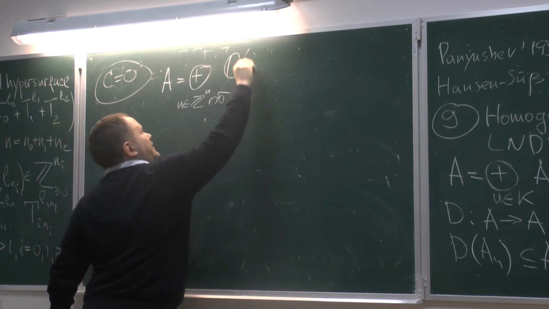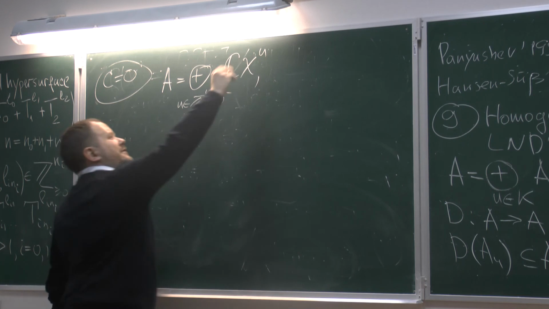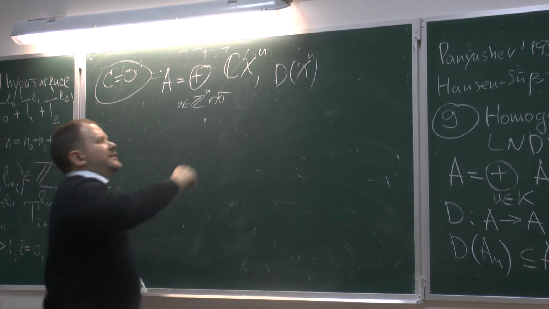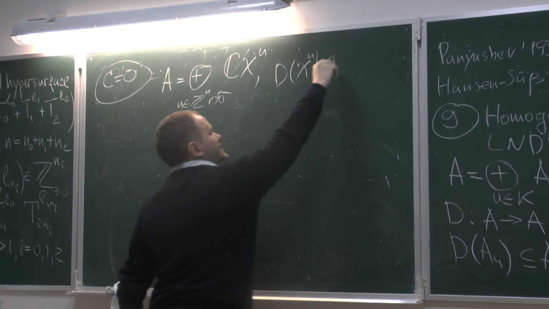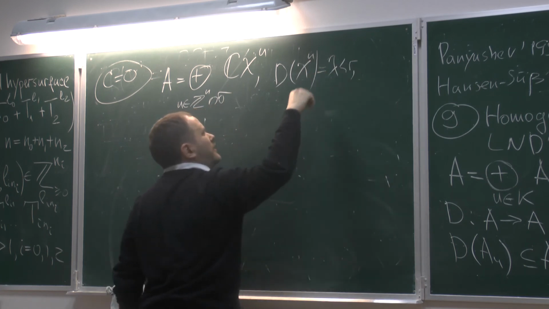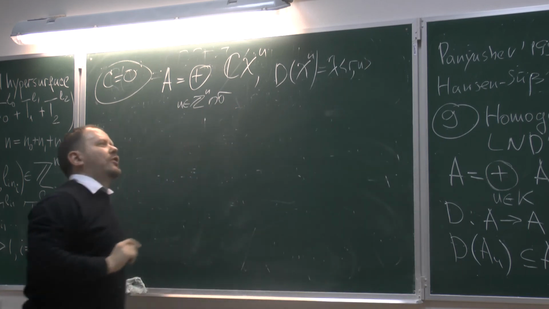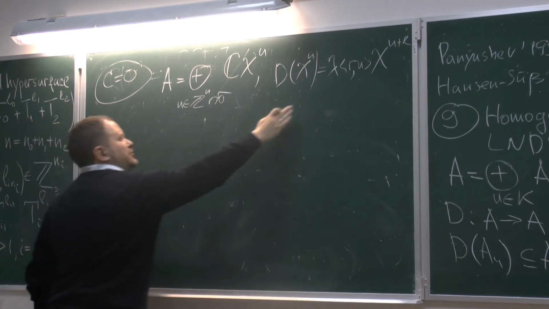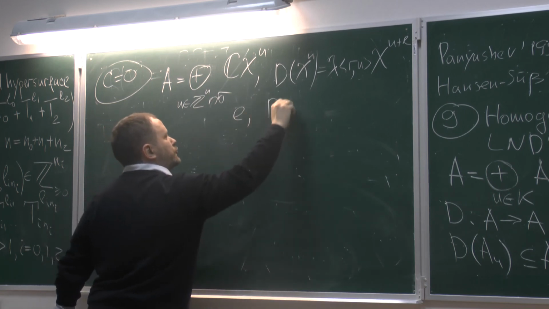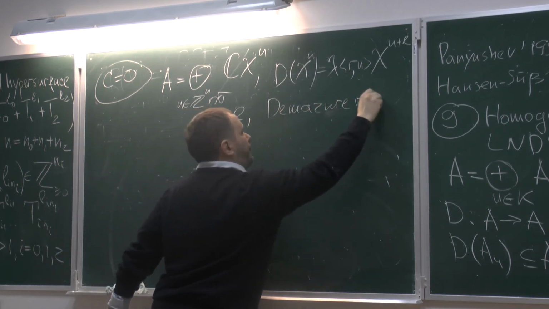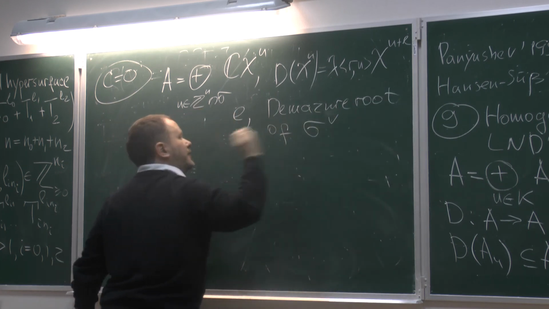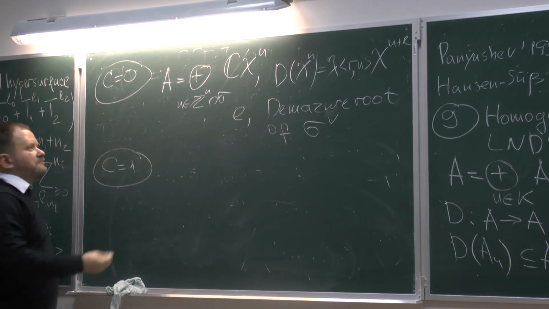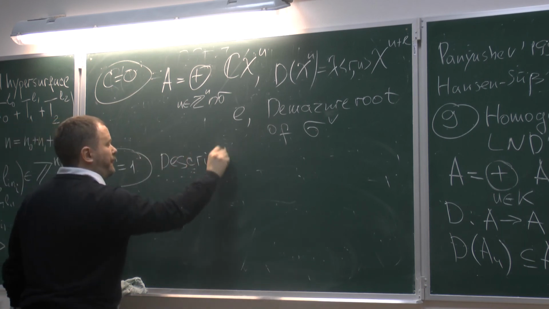Just to say some words about this: if you consider the complexity 0 case, it means that all homogeneous components are one-dimensional. Then our algebra A is just a semigroup algebra of the semigroup of integral points inside some polyhedral cone. Then any derivation is defined on the homogeneous elements, and it looks like some scalar, then some pairing of my weight u with some ray of the cone, and then just a shift of the derivative. Very explicit formula, and this shift e is what is called a Demazure root of the dual cone in the dual space.